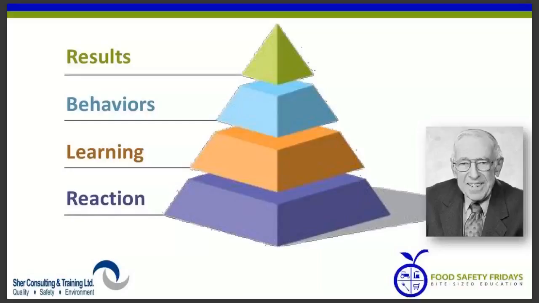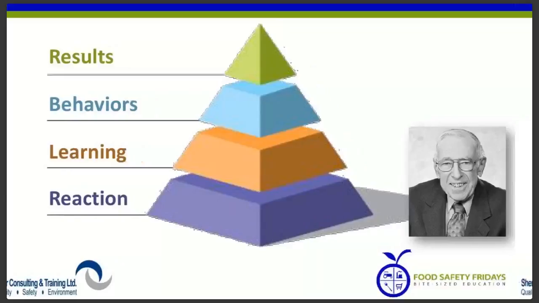But if, during training, I have people reacting, playing games, answering questions, doing something with what they're learning, and that reaction is measurable, then I know that the learning is possible. And when the learning has been achieved, I'll see a behavior change. And if I see the behavior change, I will receive the results I expected. So that's just a brief summary of the Kirkpatrick model of evaluating effectiveness of training.